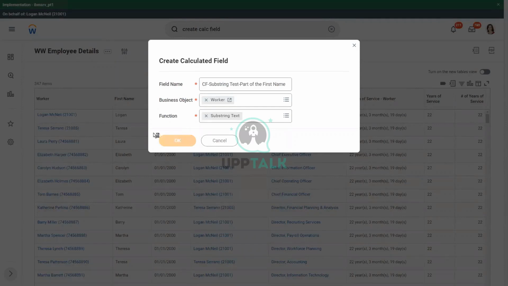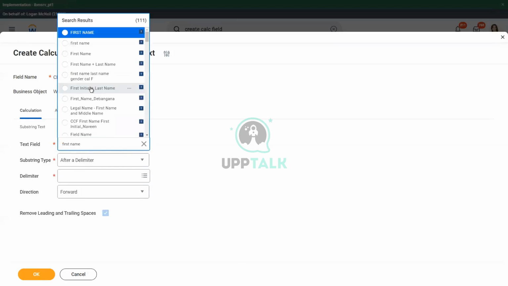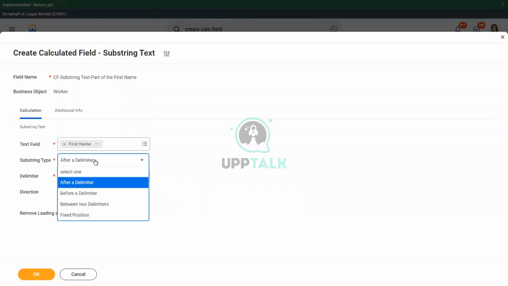Alright, so let's use the first name as our text field. Here it is. So the substring type: we have 4 types: after a delimiter, before a delimiter, between 2 delimiters,